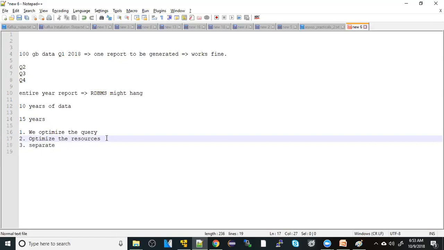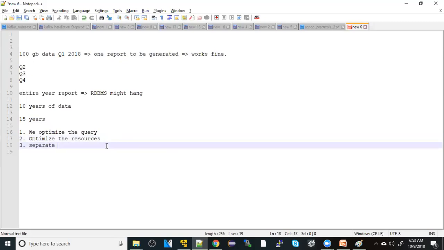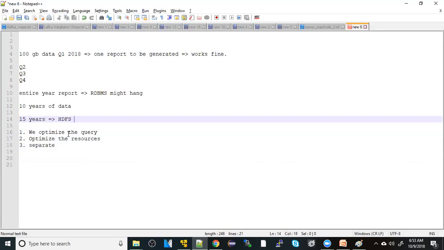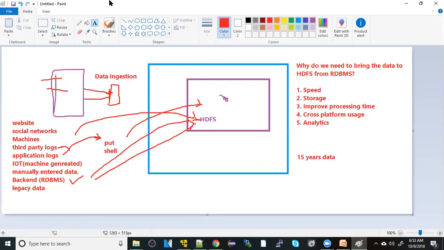In those cases, what projects are currently doing is they bring all the data into HDFS. They do the processing here, run the report here, and then bring the result back to RDBMS. That's what some of the projects are currently doing. So what's happening here is